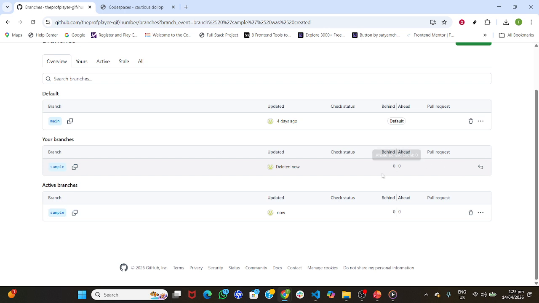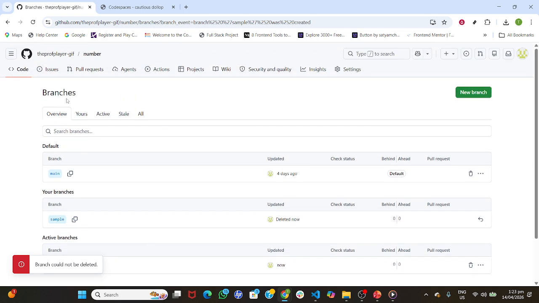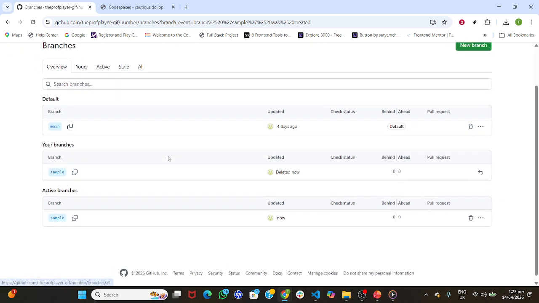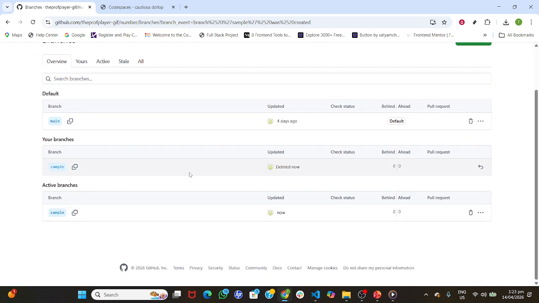And that's the full flow. Navigate to your repository, open the branches view, create a new branch from main, and confirm it under Your Branches and Active Branches. Use this same approach each time you begin a new piece of work to keep changes isolated, reviews focused,